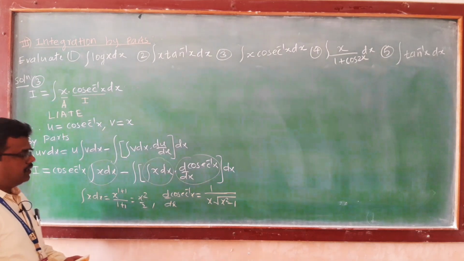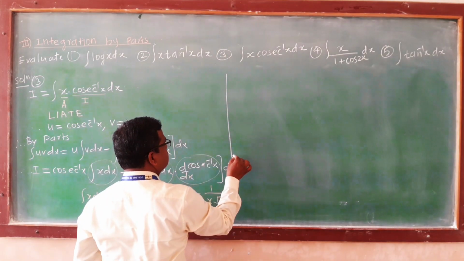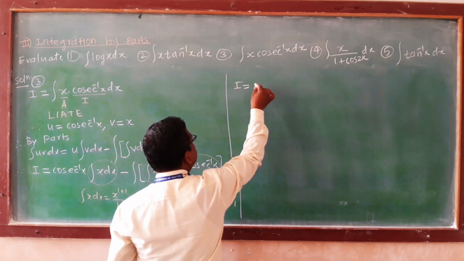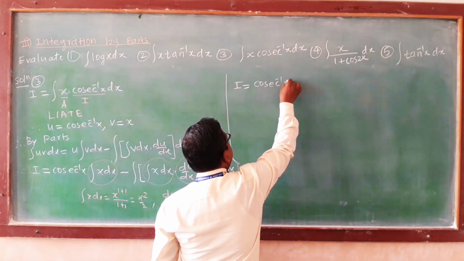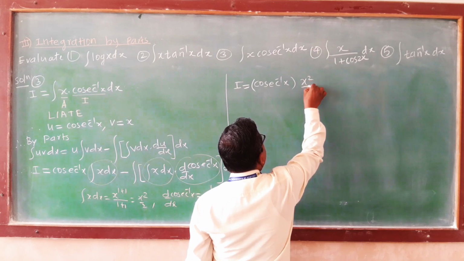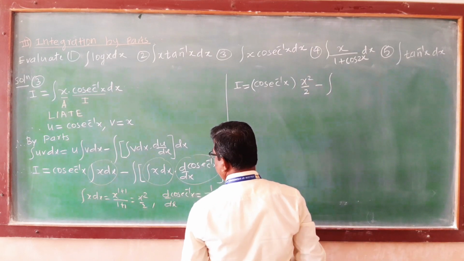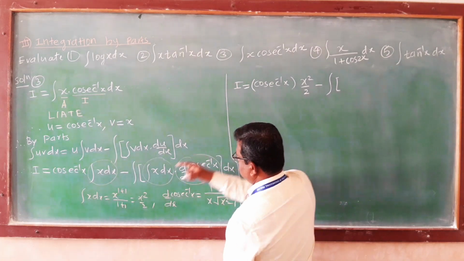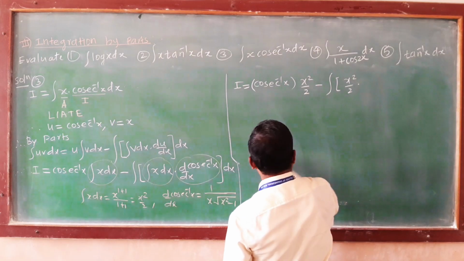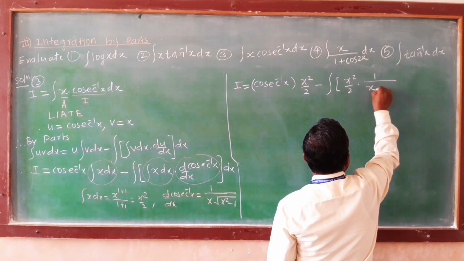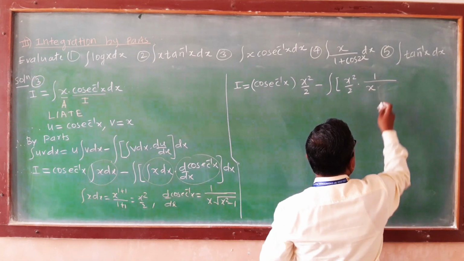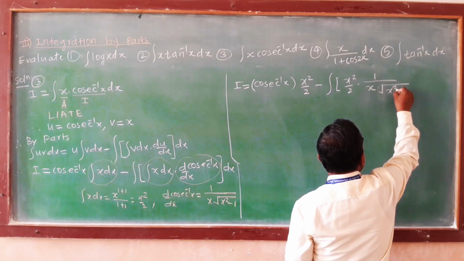So put this value in I. See how this I becomes. Therefore I is equal to cosec inverse x into integration of x, which is x square upon 2, minus again square bracket integration of x, that is x square upon 2 into derivative of cosec inverse x, 1 upon x into square root of x square minus 1